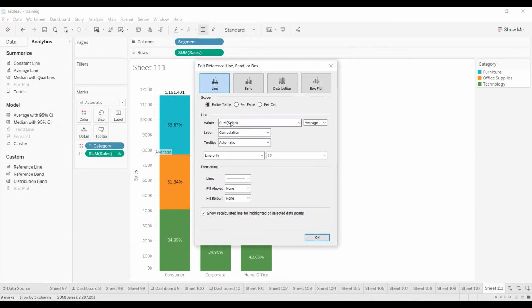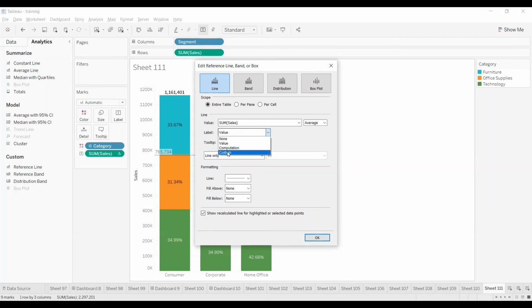I'm going to take the sum of sales, and I would like to see the average. What is the maximum line? What is the average? I'm going to take average, and here the value is computation by default. If I choose the value, it will display the value over here.